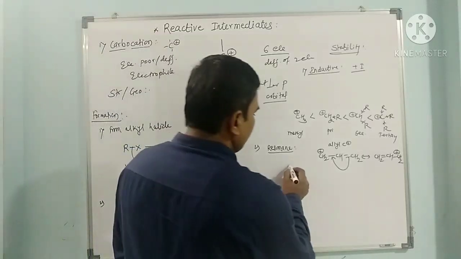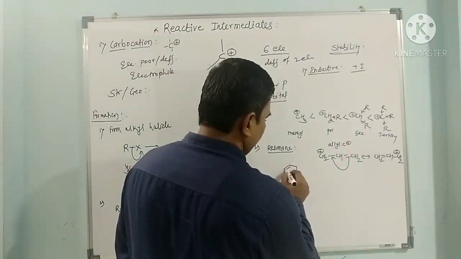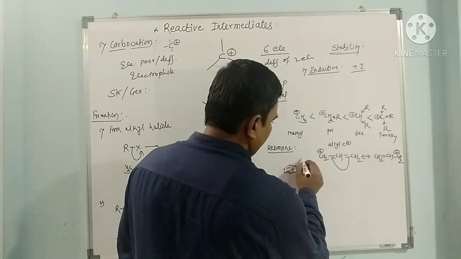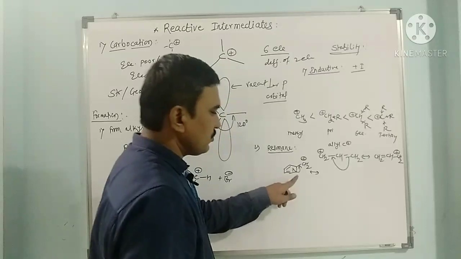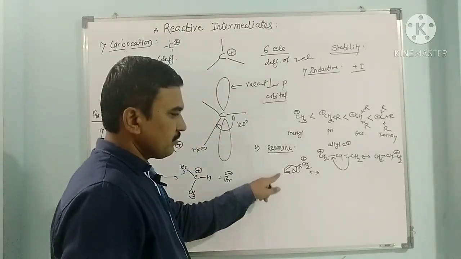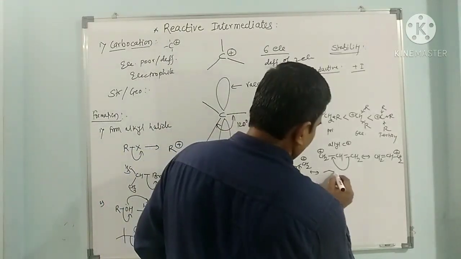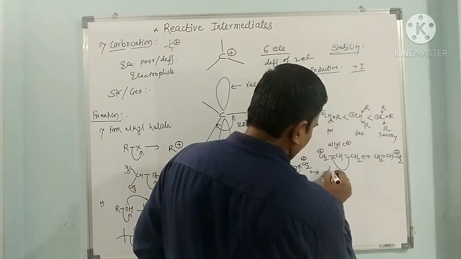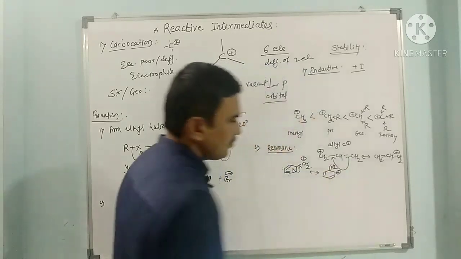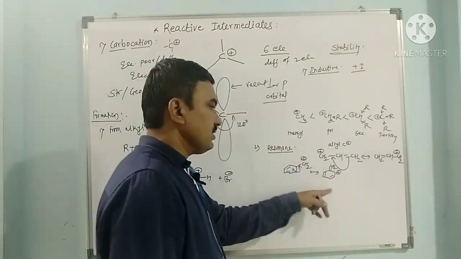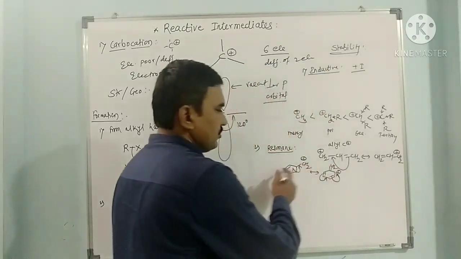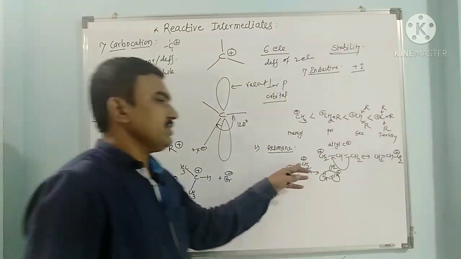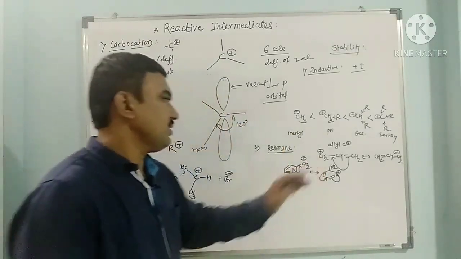We can have the stabilization in the benzyl carbocation. So here there is a benzyl carbocation. This can be stabilized here. The positive charge goes to this ortho carbon, this para carbon, or this other ortho carbon. So here we get the positive charge, with a double bond to CH2. In this way again it goes to this, and again it can go to this. So the carbocation is distributed in 4 structures through the resonance effect.